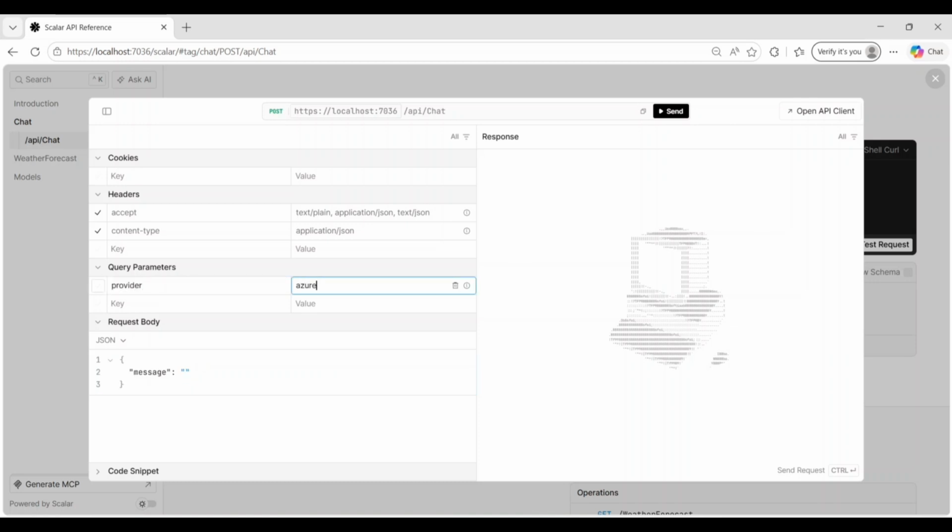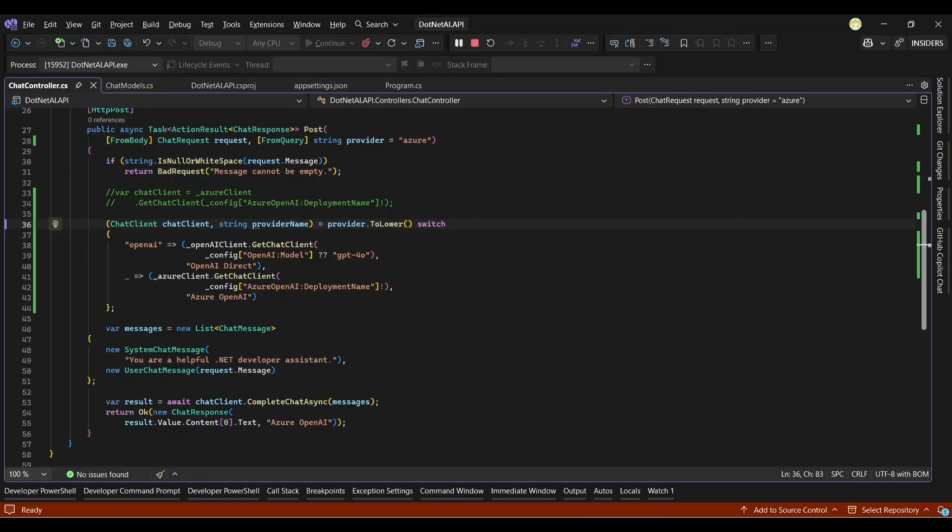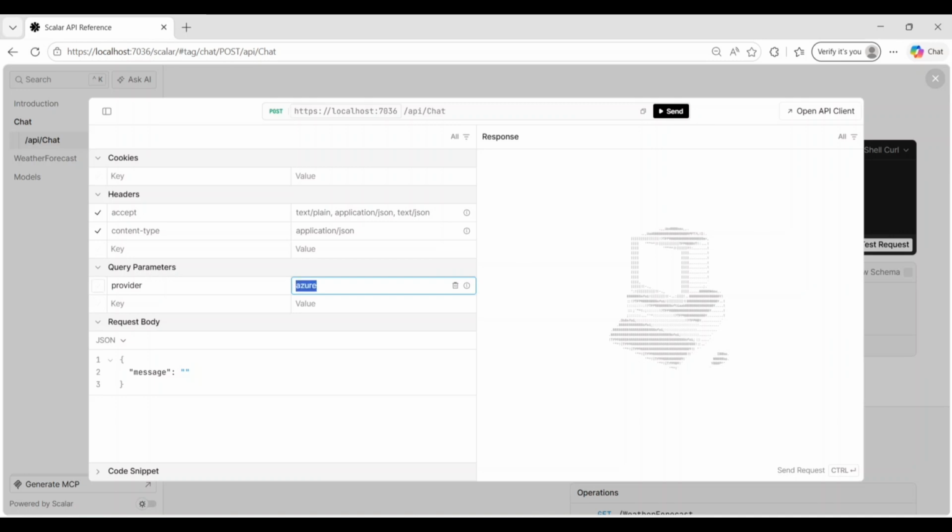Here in the query parameters, we can now pass the input parameter as Azure or OpenAI, and in the request body we can ask any question. Now if we look at this particular code, here we set the default parameter as Azure. That's why it's showing Azure here. But now our API endpoint can talk to two different AI providers from one endpoint